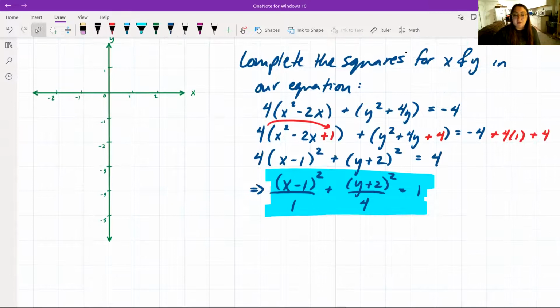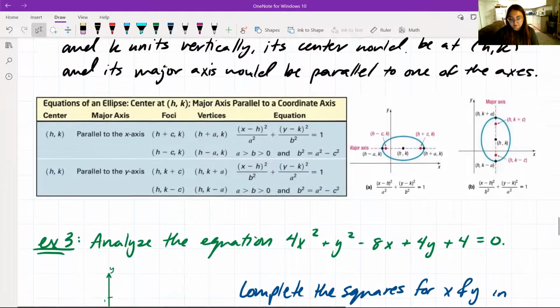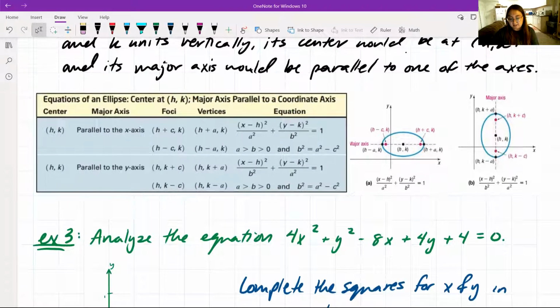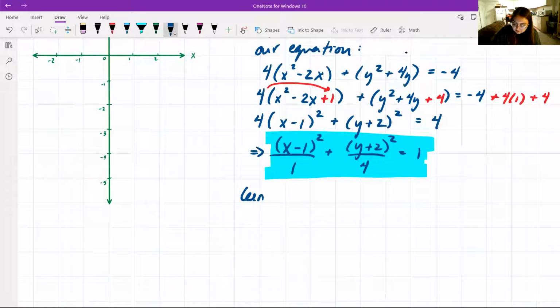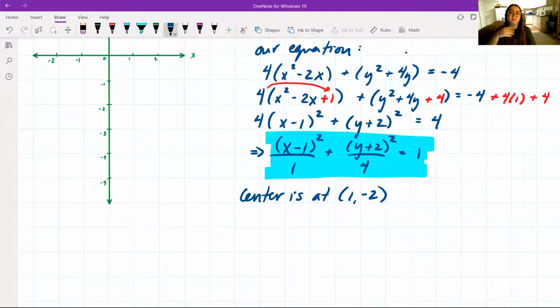So now, from this equation, we can very quickly determine what h and what k is going to be. If we know that our form is supposed to be x minus h squared and y minus k, this means that our center is at 1, negative 2. Since we have y plus 2, it's supposed to be y minus k, so that means that k is negative 2. So we have our center at 1, negative 2,